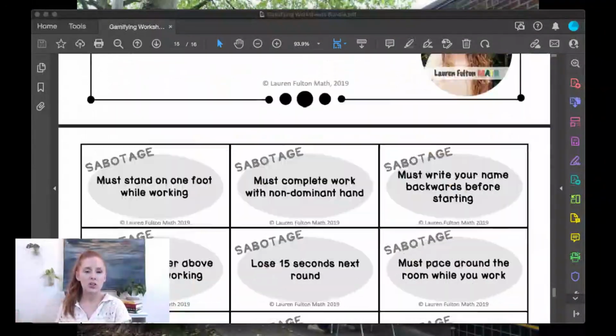because honestly, I played every single one of these games in my classroom, and I didn't make this workbook to share with people until after I had left the classroom. So we're going to be talking about how you can play this without that. In case you find yourself in a spot where you don't have things printed out, you can just play these on the go. So the very first game that we're going to be talking about, and I'm going to kind of show you some of these as we go,